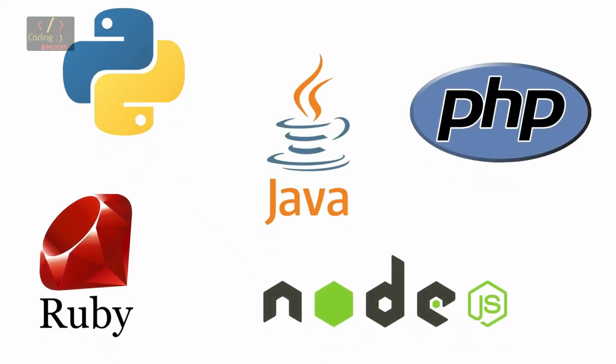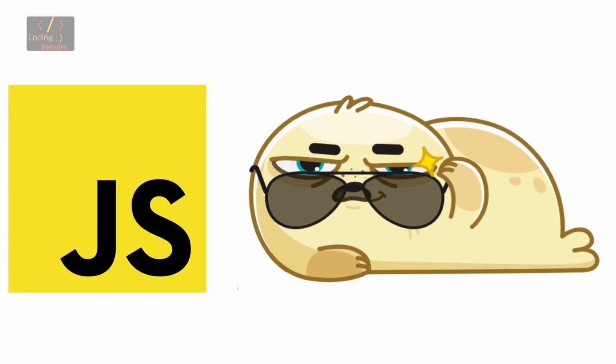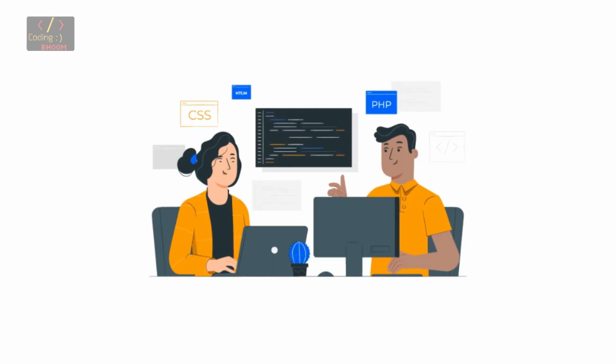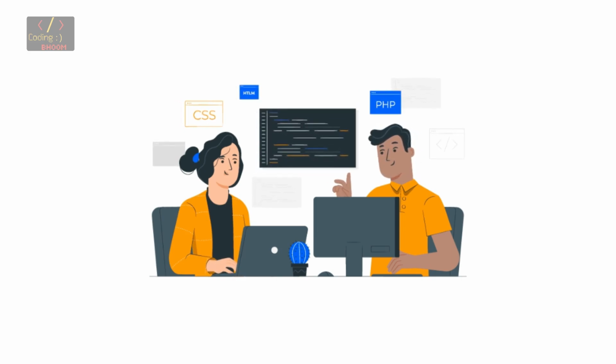What languages are used to make the backend? The basic languages used to make the backend are Python, Java, PHP, Ruby, .NET, Node.js. These are the basic languages for backend programming. And the good thing is we can make backend programs using only JavaScript. This is cool. But the most popular programming language for backend development is PHP. Let us see what we can do in websites using these languages.